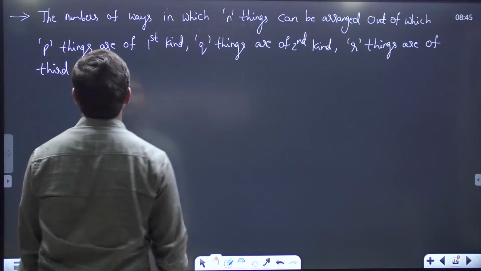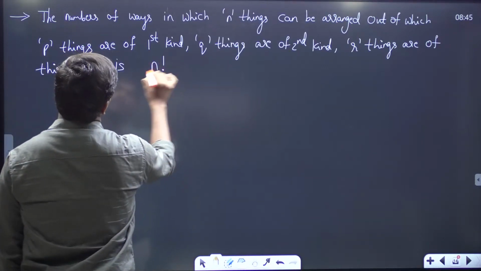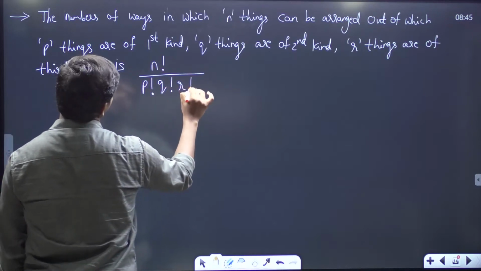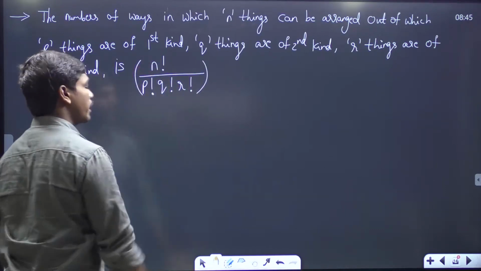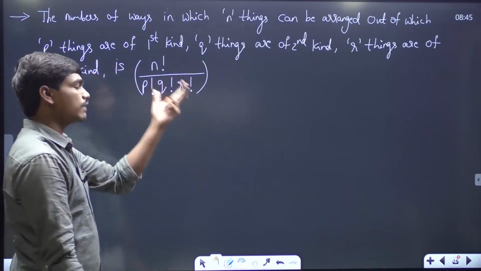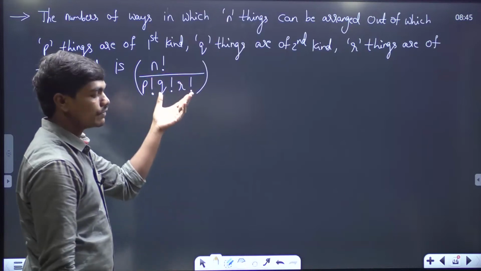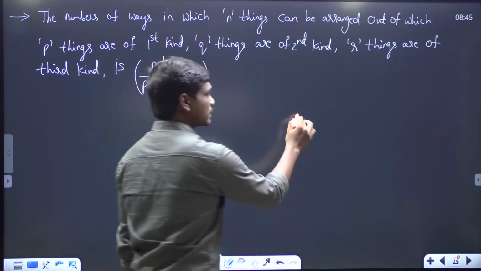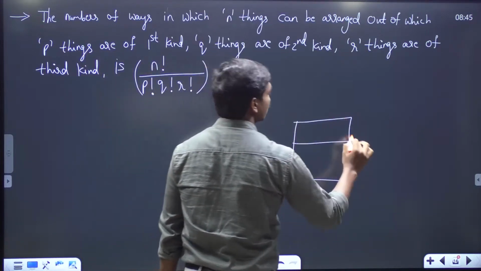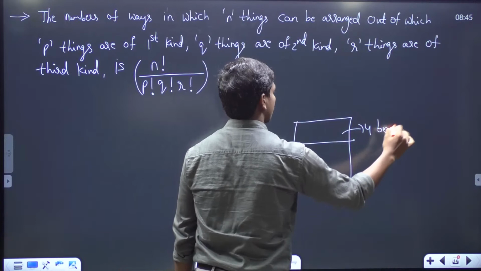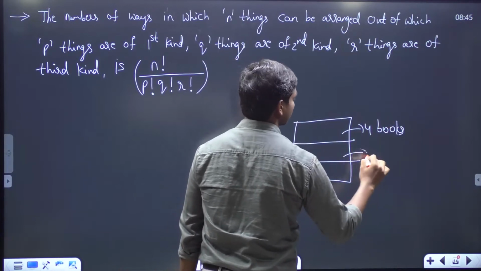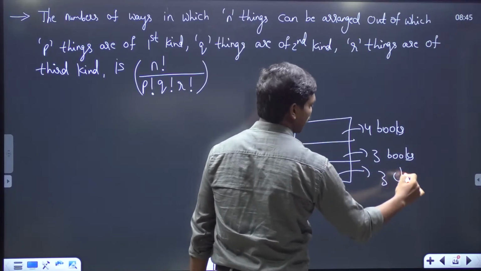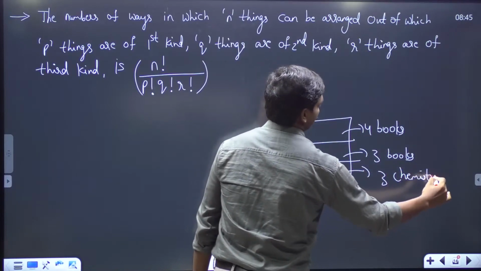So we'll see, this is n factorial divided by p factorial into q factorial into r factorial. This formula has a derivation, but I would not like to tell you now, because these values are generally big. For example, if you have 10 books, out of which 4 books are maths books, 3 books are physics books, and another 3 books are chemistry books of the same kind,